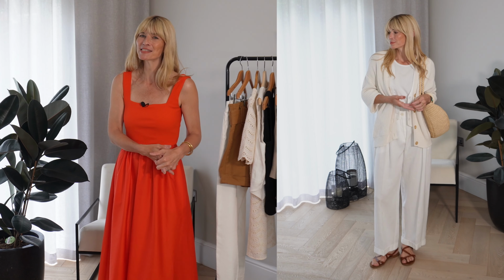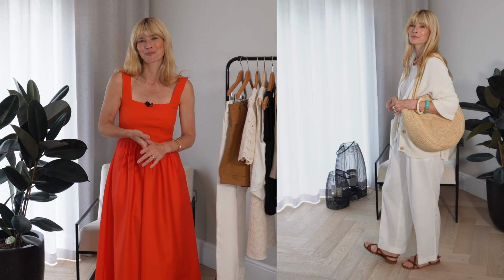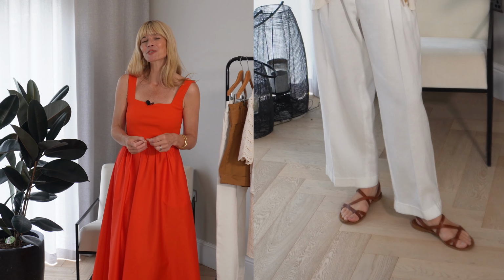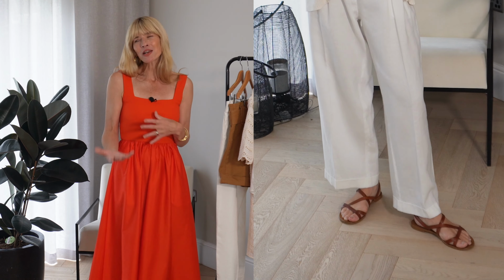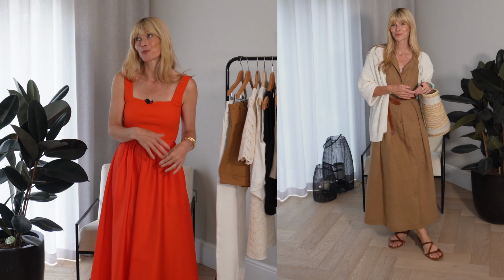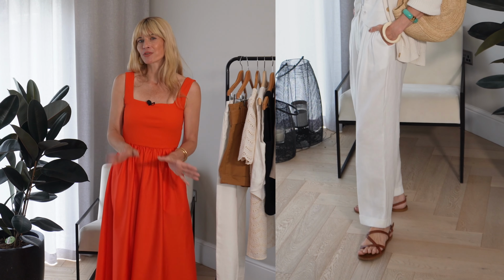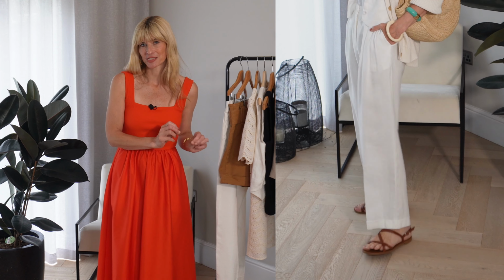The second flat sandals I've chosen, no big surprises, would be these ones that I bought from Suzanne. I think those finer straps are a little more delicate for when I'm in the mood to feel like that, and they go particularly well with lighter fabrics or pretty dresses. If I'm wearing a shorter dress, I would probably only style it with the thinner pair of sandals,